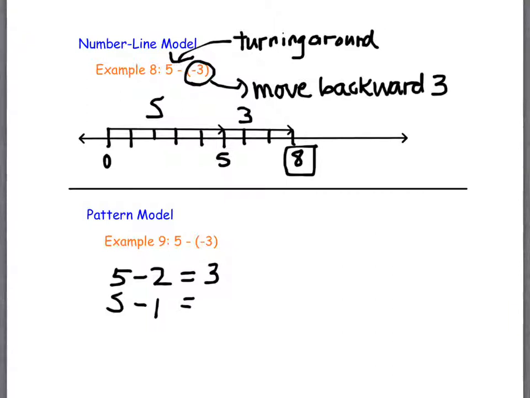What is it? 4. Good. And then I have 5 minus 0. 5. So if you notice what's happening here, I'm decreasing each one of these by 1. And what's happening over here on the right-hand side? They're increasing by 1. So as I get to the next one, so it's 5 minus -1, I've all of